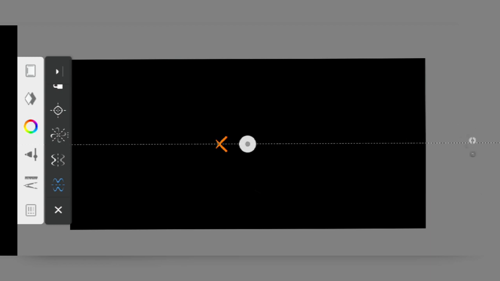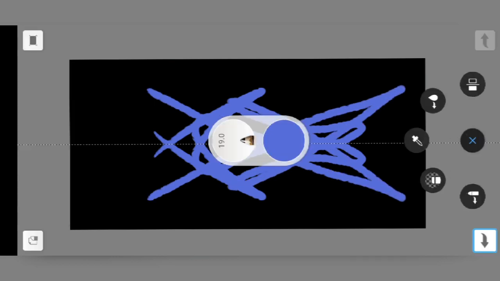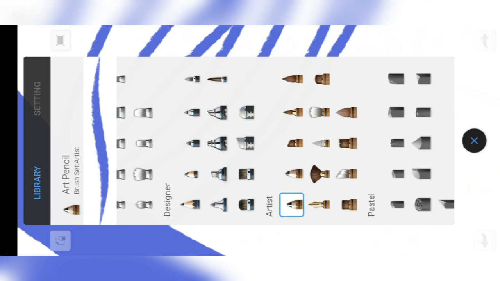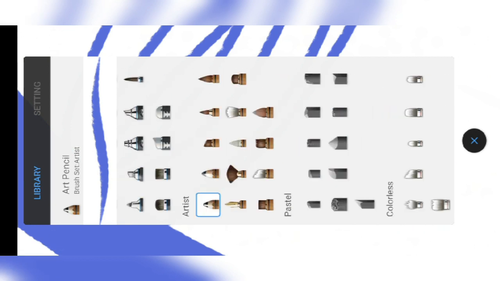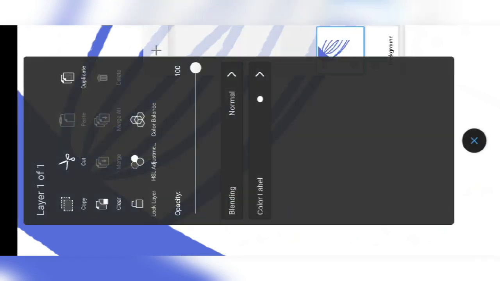When you have this extend strokes at center line, you can do crosses or something like that for your wallpaper or patterns. And now getting back to the review, you have this incredibly huge arsenal of brushes in the Autodesk Sketchbook app, and you have these layer settings, color balance,